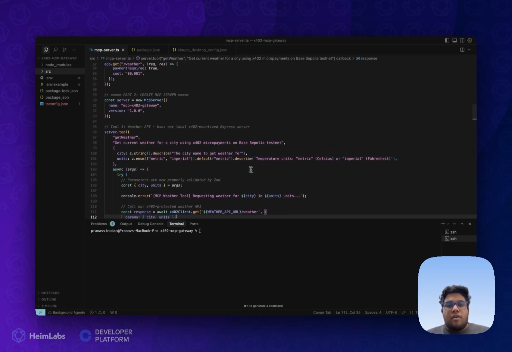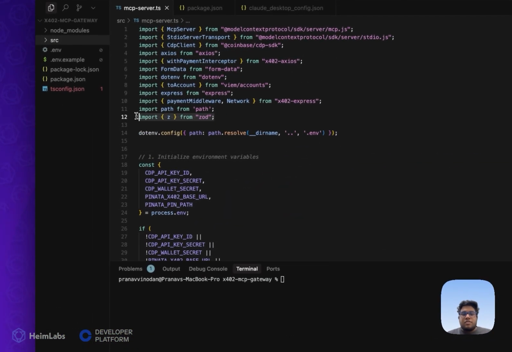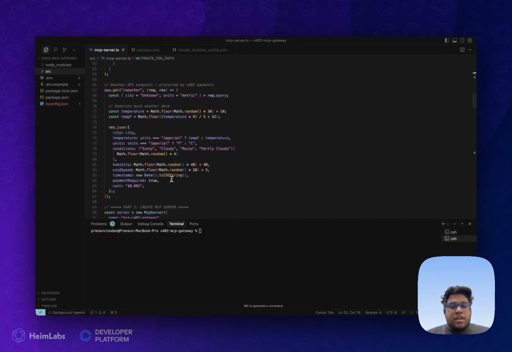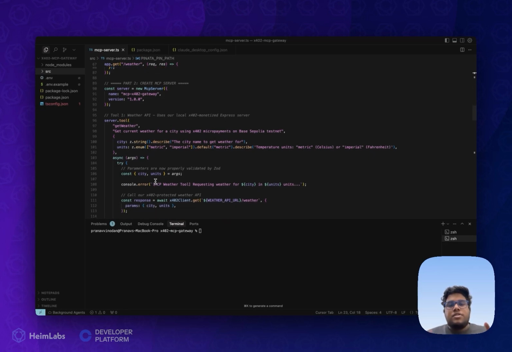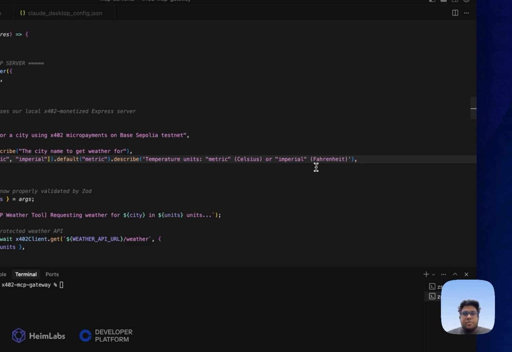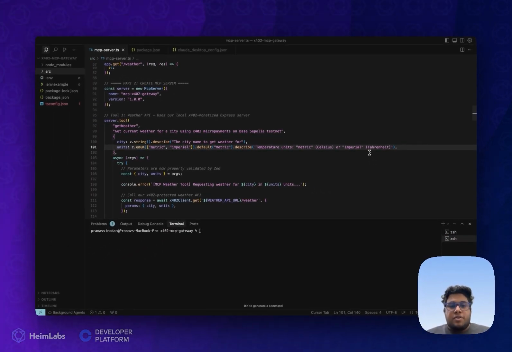Next, we have also made sure that the schema validation is done properly according to the Model Context Protocol SDK. So JSON schema is not supported by the Model Context Protocol SDK, so we do it properly by Zod validation. Zod is a library for input validation, so any kind of input can be validated by the Zod library. So here, we use the Zod library directly, so that the integration that we have done is properly compatible with the Model Context Protocol SDK.